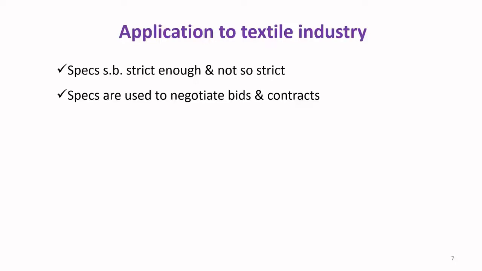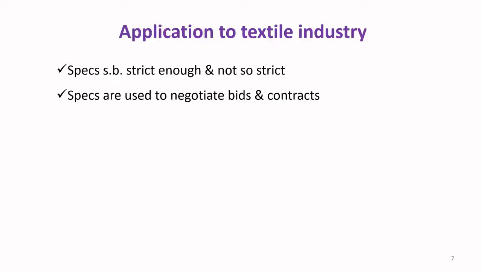So whenever there are tenders or there is bidding happening, specifications are clearly mentioned so that vendors, even before they have made the product, they can read the specification and they can calculate how much money would be required to make the product. And accordingly, they can quote the prices and then they can participate in the negotiation bid and